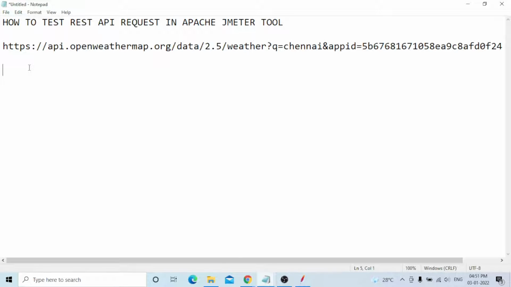In the HTTP request, you need to test a different way. First of all, you need to divide everything. HTTPS is the protocol.